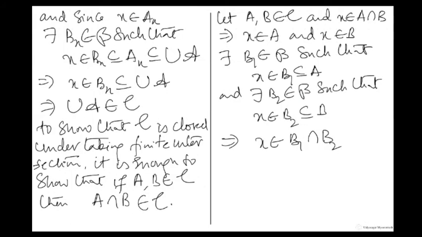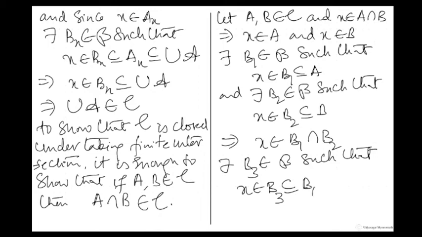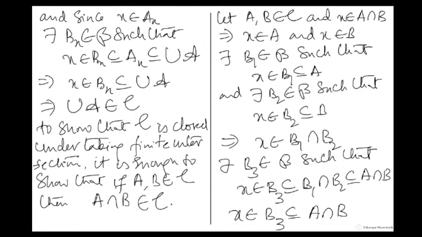So there exists a B3 in B such that x belongs to B3. B3 is contained in B1 intersection B2, but B1 intersection B2 in turn is contained in A intersection B. That's because B1 is a subset of A, B2 is a subset of B, and B1 intersection B2 shall be a subset of A intersection B. So x belongs to B3, and B3 is completely contained in A intersection B. Hence A intersection B is an element of C. So whenever A and B are elements of C, we demonstrated that A intersection B is also an element of C,